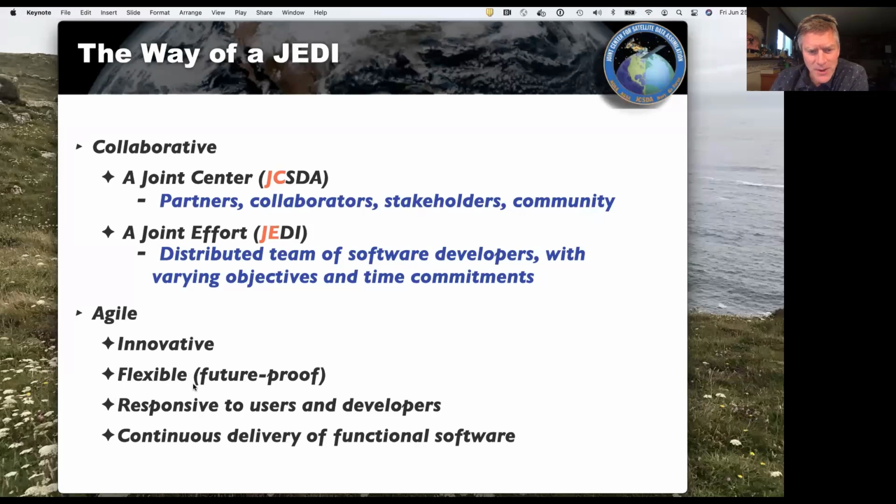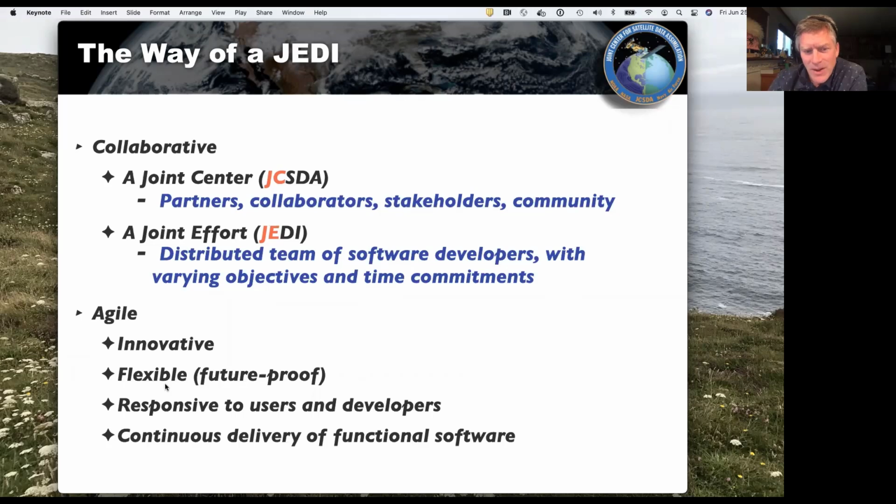They're flexible, and there's this term future-proof. Nothing is truly future-proof, but we want to design JEDI, and it's a design principle behind JEDI, to be able to deal with anything that comes down the pipe in 5 or 10 years. We don't know what new instruments are going to be available in 5 or 10 years.